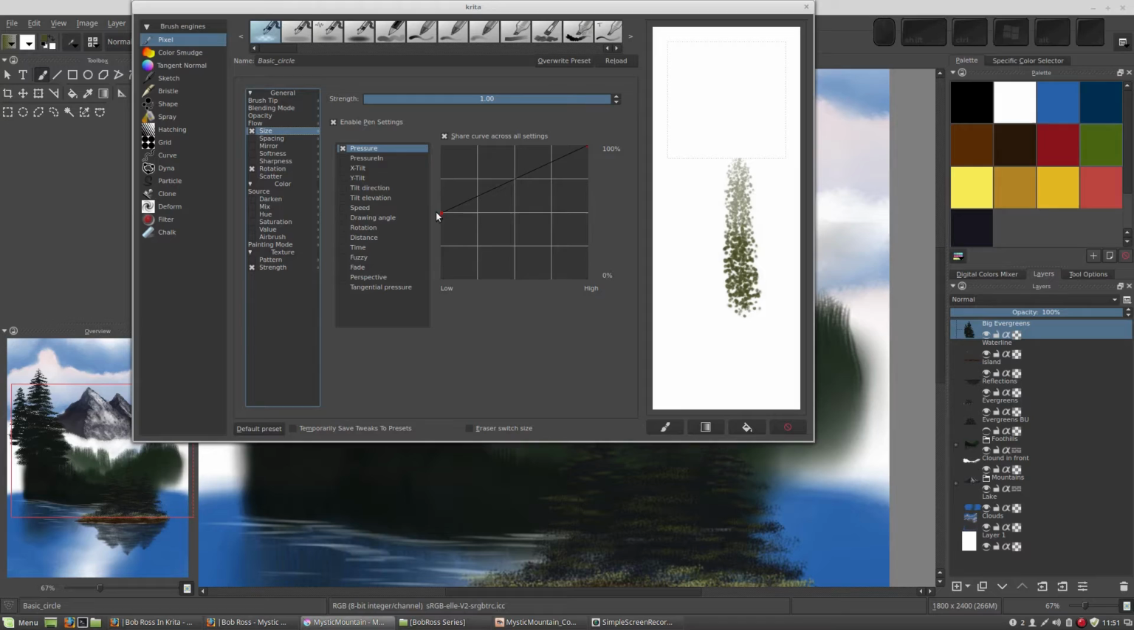At the lowest pressure it's going to be 50% of the full size. At full pressure it's going to be our 1 inch, 100 pixels, and at the lowest pressure it's going to be half of that, and you can tell that there. Zero pressure, full pressure. I'm going to grab this red circle handle here, and I'm going to pull it down